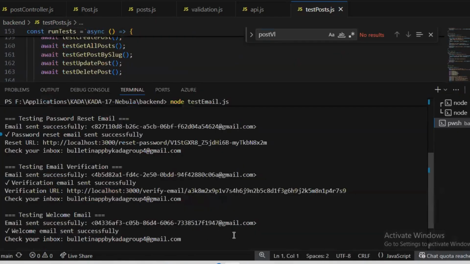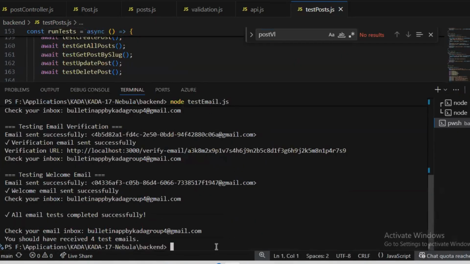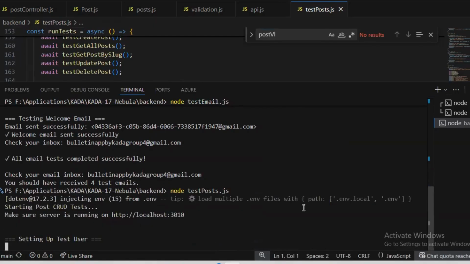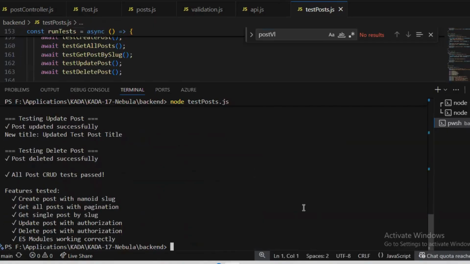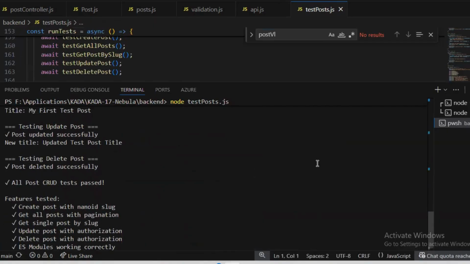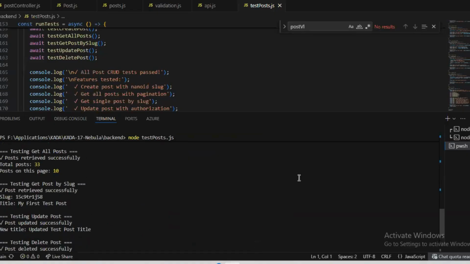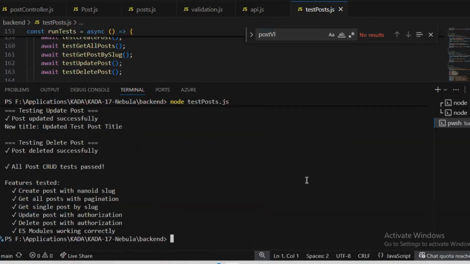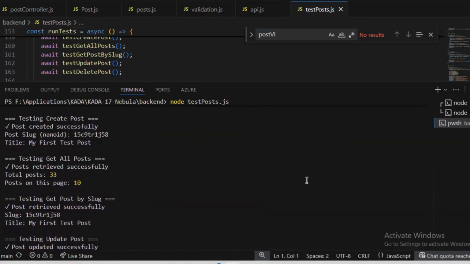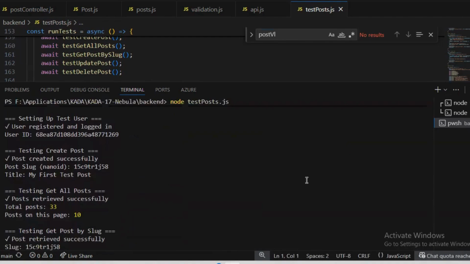And you can just open the terminal and start testing. And you can watch the output.